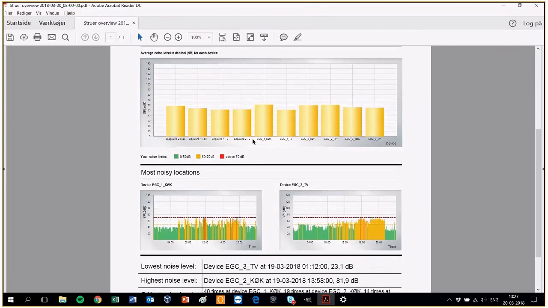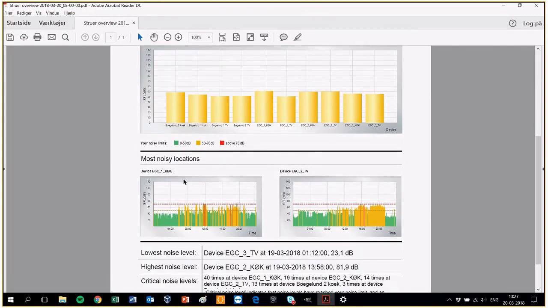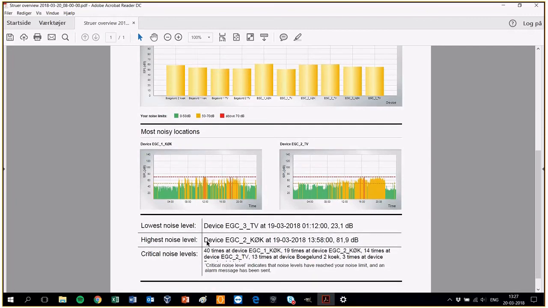It will give me the most noisy locations, and I can see where the lowest noise has been measured, the highest noise levels, and critical noise levels. That means when it has exceeded and gone up to the red area. We can see that has been 40 times at device EGC1. Cook means kitchen. So it's an easy way on a daily basis to get an overview of your noise meters,